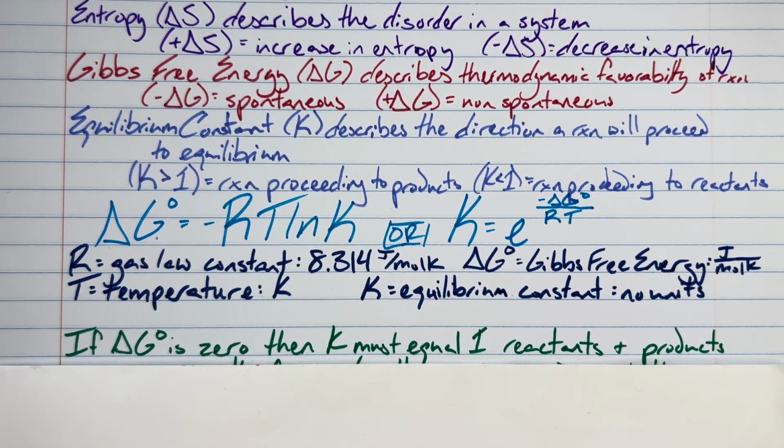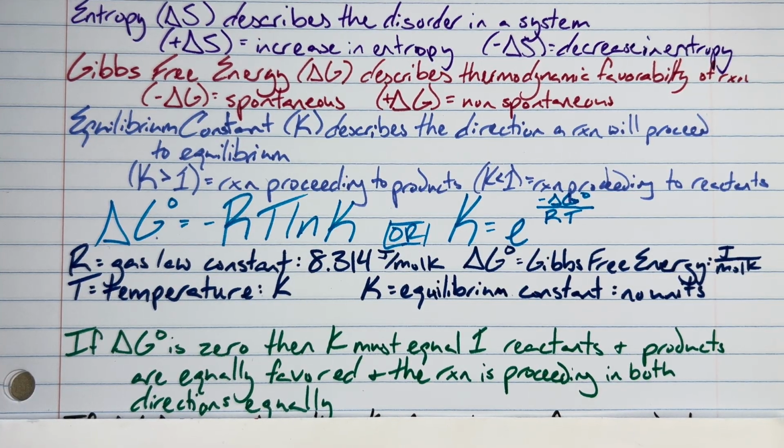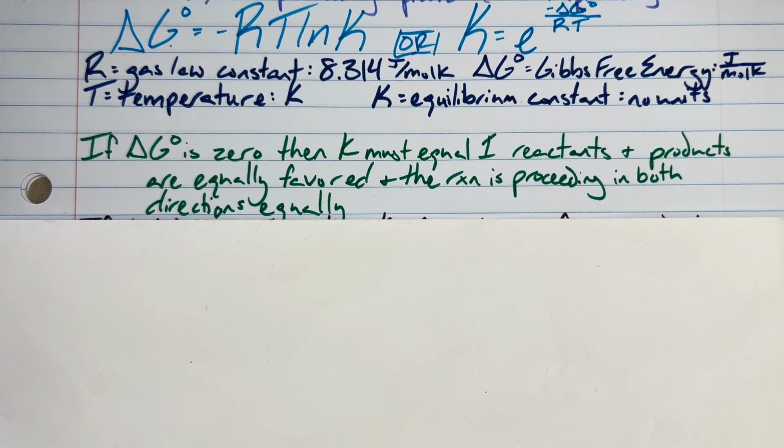If delta G naught is going to be 0, then K must equal 1, meaning that the reactants and products are equally favored. We are non-spontaneous because we don't have a negative delta G, and we're not favoring reactants or products. We have them both in equal measure, and so the reaction isn't going to proceed forward or backwards